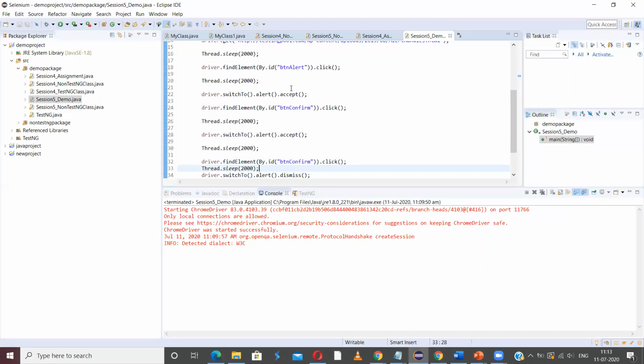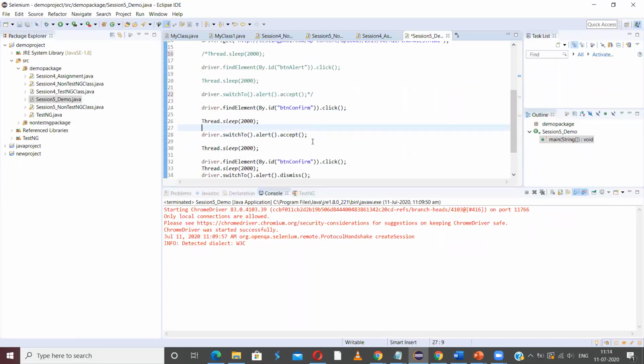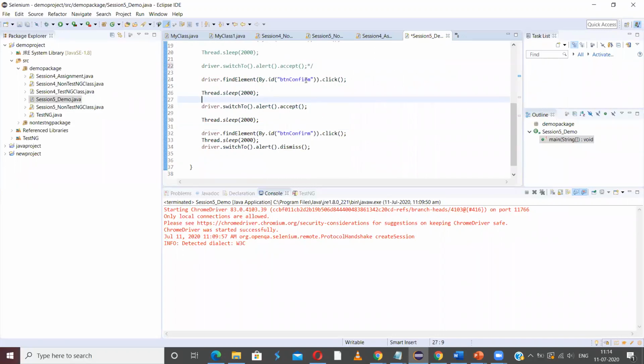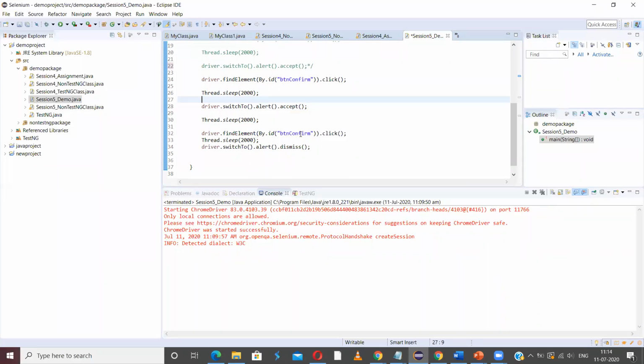So what I now did, let me comment out this code for alert. I'm dealing only with the confirmation box now. What I'm doing is clicking on it, then the pop-up appears. I am switching to that alert, and first I'm accepting. Then I'm clicking on the button again so that I can dismiss next time. Now the second time I'm dismissing it. So let me run this.